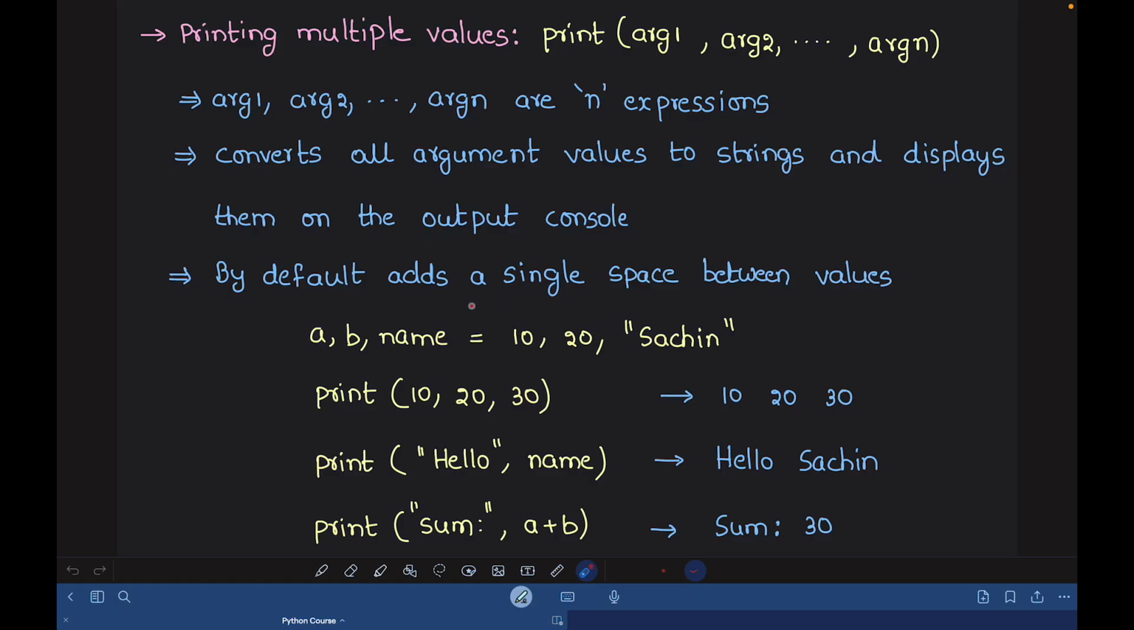Remember, by default, it adds a single space between the values, isn't it? Now if you see the next line, here we are passing two arguments. First argument is this string hello. Second argument is this variable name, which has this value Sachin. Both these values are strings, so it will directly print both these values on the output console with a space